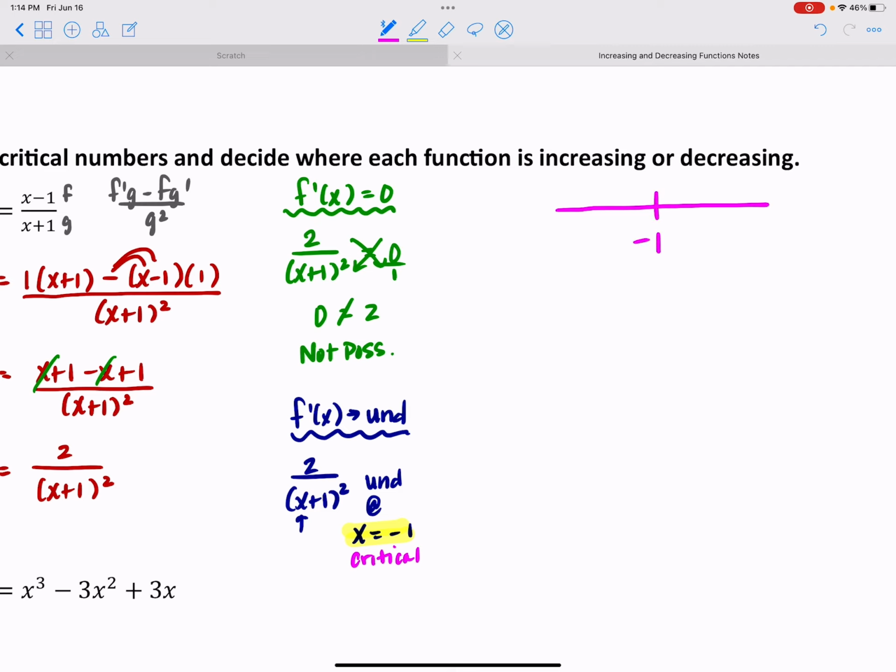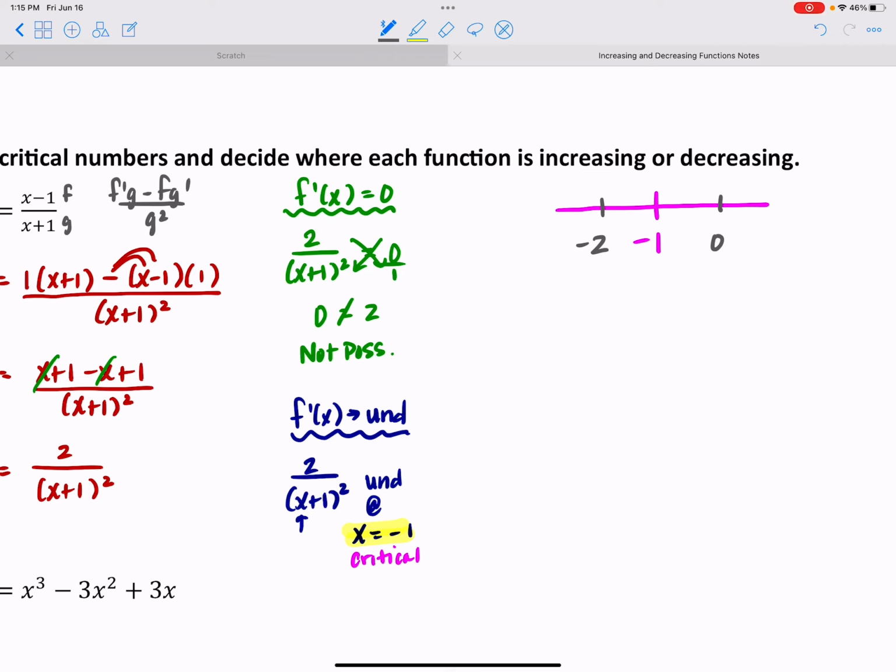I need to figure out, again, what's happening before that critical number. So I'm going to pick something over here, before or left of or less than negative 1, like negative 2. And then I've got to figure out what's going on over here. So after or greater than or to the right of negative 1, I can pick anything. I usually just pick the next consecutive number. And those two test numbers have to get plugged into our derivative function,